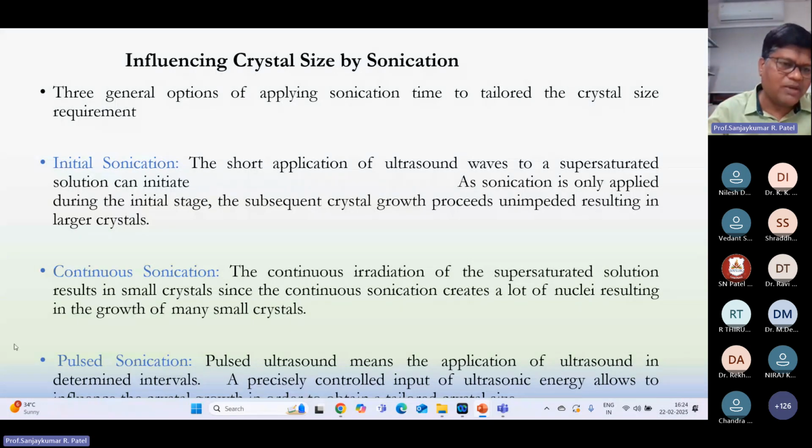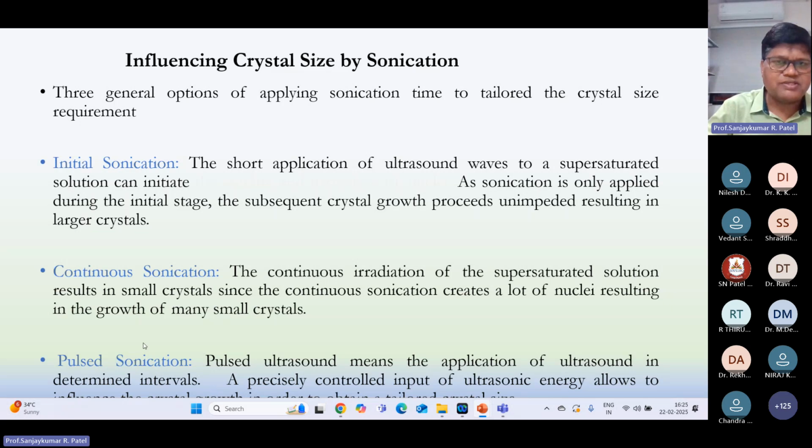Or there is a third way by which you can apply the ultrasonic energy: you can give it in segments, or you can say at intervals of time. Give 30 seconds of ultrasonic energy, then keep it off for 30 seconds, and then again start providing ultrasonic energy. So you can give this ultrasonic energy in intervals, which is known as pulse sonication. So these are the ways of applying ultrasound in a solution, and